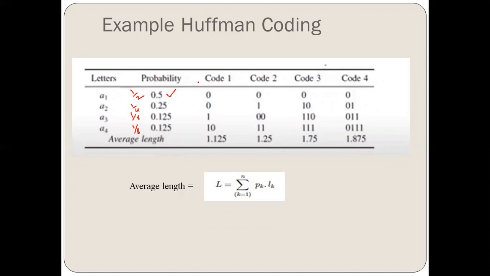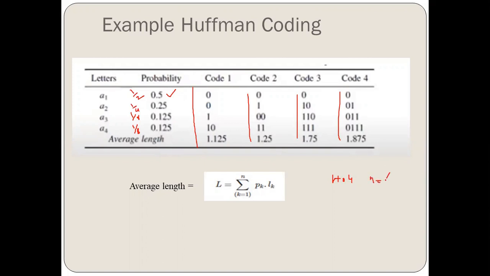Now we have calculated the codes, and these are the codes calculated. I have not shown the complete way of how to calculate the Huffman codes with minimum variance or whatever, but these are the codes. Now let's calculate the average length. The same formula will work for the average length: the summation from k equal to 1 to N of Pk dot Lk. Again, k here is from 1 to 4, because N is equal to 4.